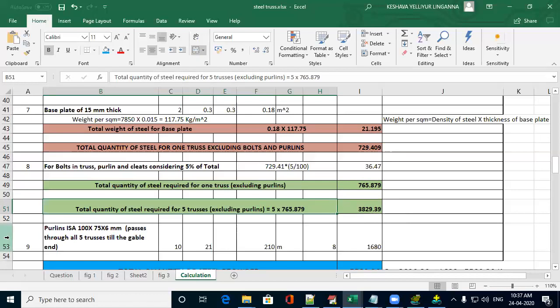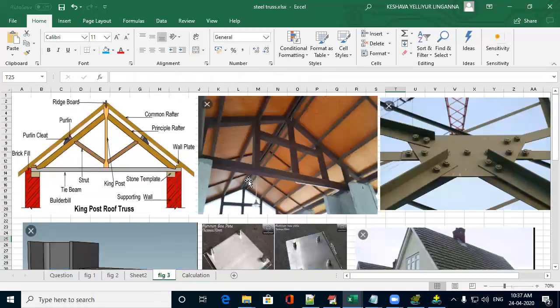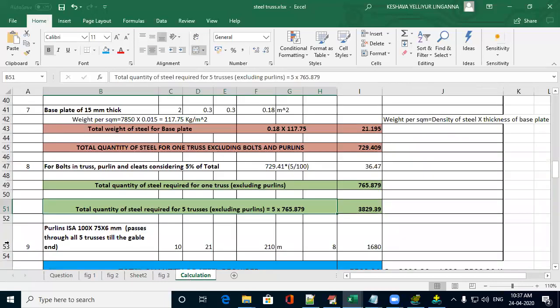Now we have to do the calculation for purlin. Why we have excluded here means, see, you can't calculate the weight of the purlin for single truss. For single truss, you will get only purlin up to small distance. This can't be calculated, and also this was not proper calculations. You will lose the length and all. You have to do the calculation of the purlin for whole truss, because the purlins run from one end to the other end throughout at a stretch. So you have to do the calculation like this.